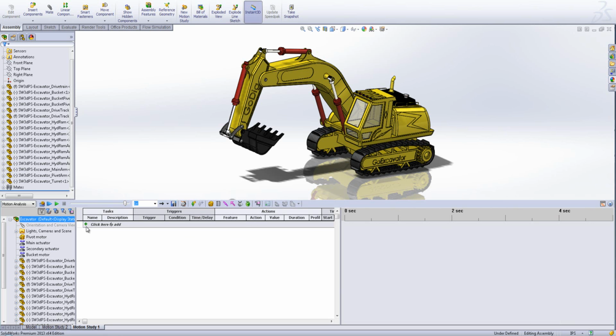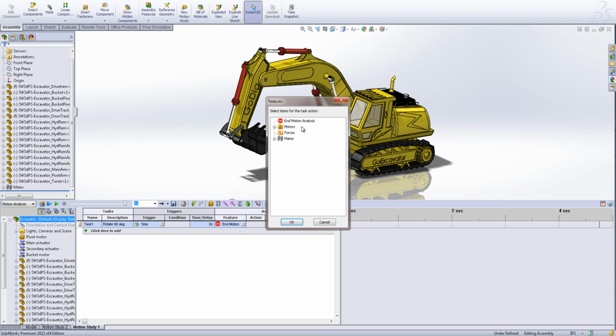So let's click in here to add the first task, and my task one is just going to be to rotate by 90 degrees. So this is going to be the first turn, which is going to orient the scoop somewhere that we actually want it to dig up. Now for the time delay we don't want anything in there because this is going to start at the very instant that the motion study starts, and all we need to do now is select from my motors the pivot motor,